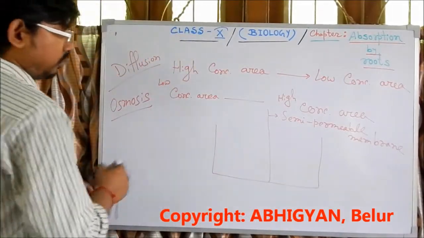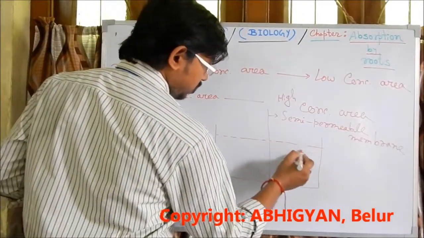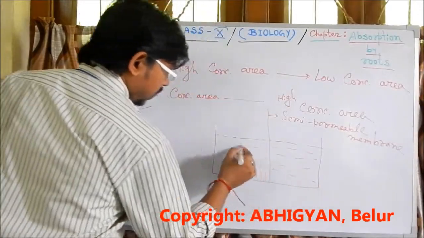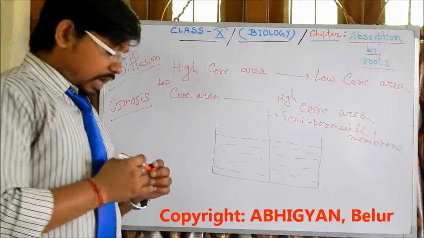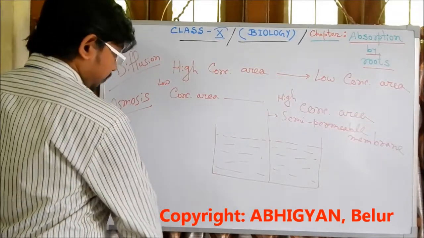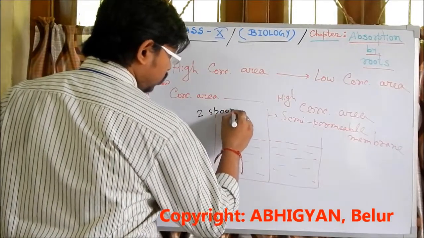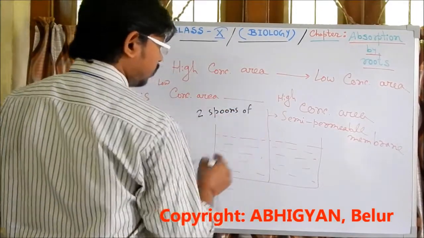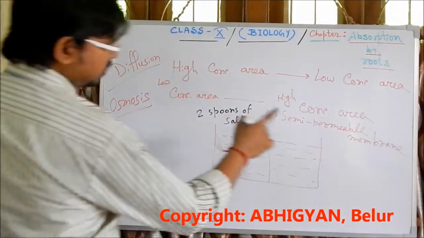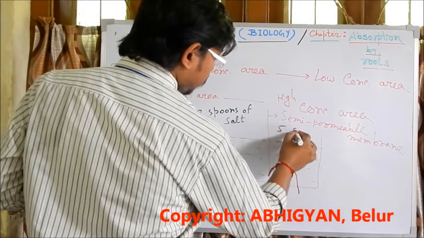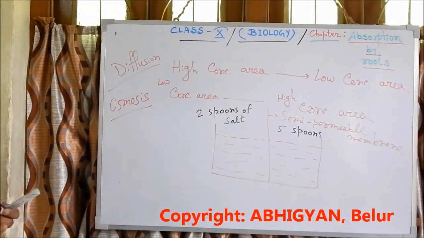Now what we are doing? Both the areas, both the sides, we are taking the same amount of water. Suppose I am just explaining with a simple example. Now this area we are giving 2 spoons of salt, and this area we are giving 5 spoons of salt. Okay. So